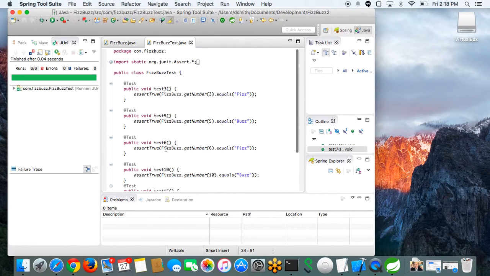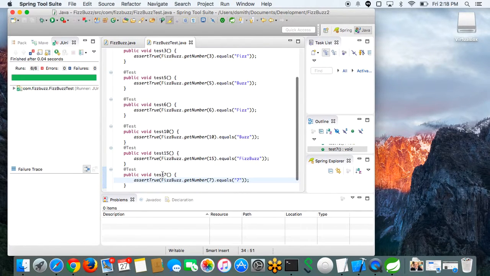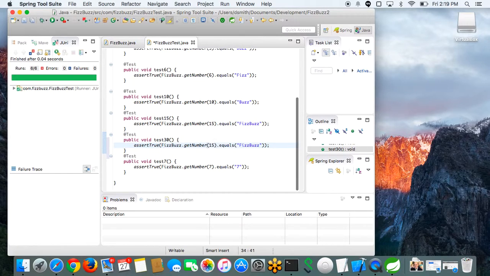And I've got a 3, a 5, a 6, a 10, a 15, a 7. Those should be all my requirements. Let's just test multiples of 3 and 5. Try 30 to make sure that works. And it